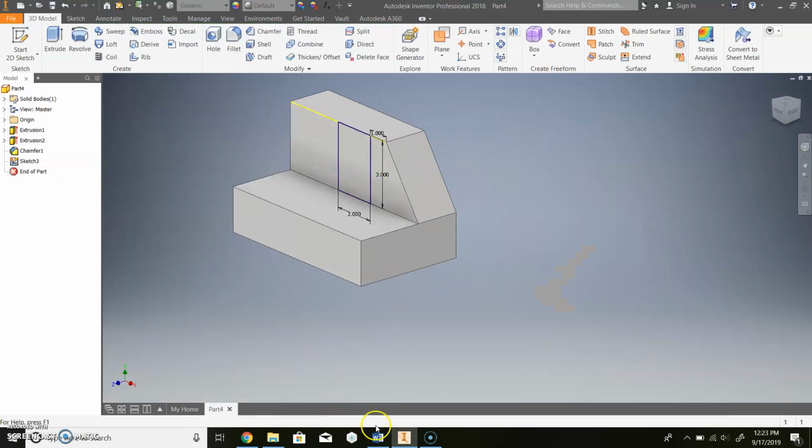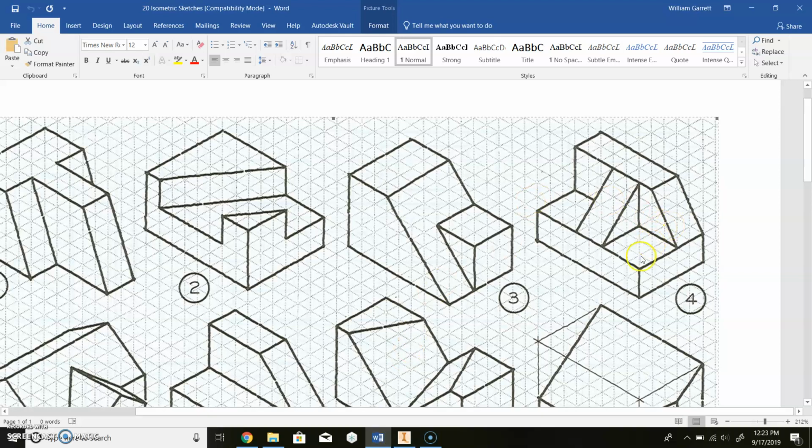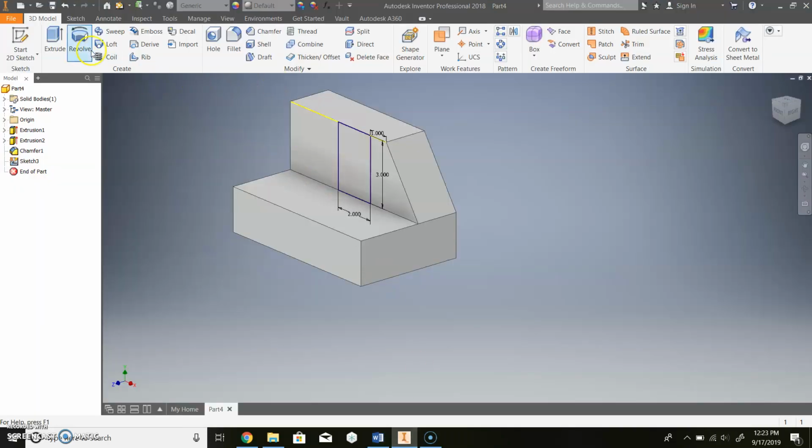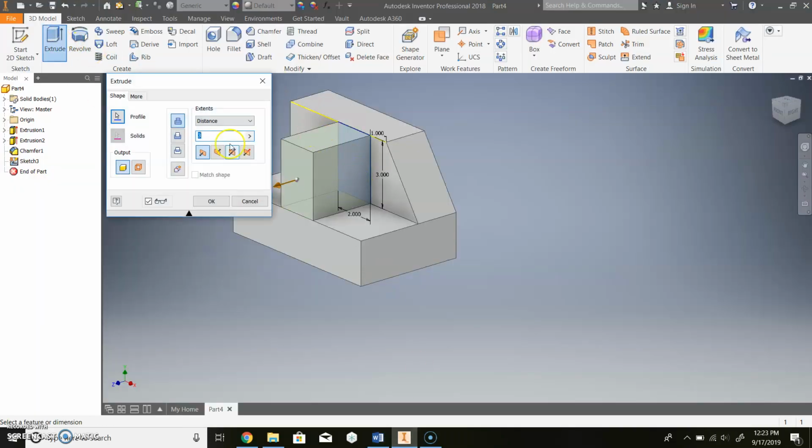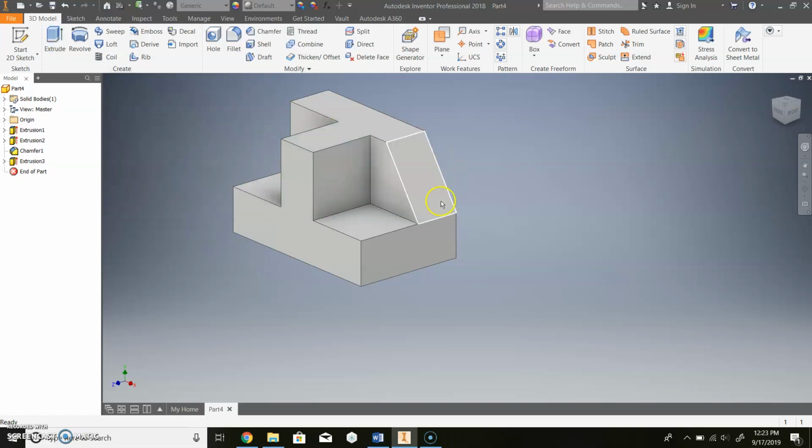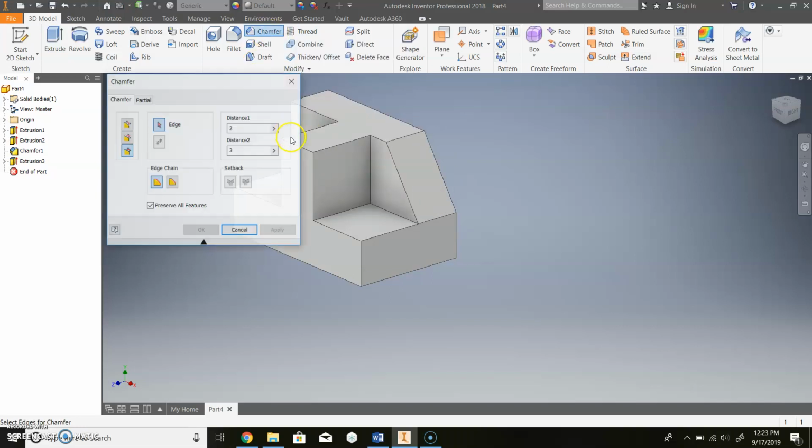And now I want to extrude it out. How far out does it go? It goes all the way to the edge, which is 1, 2, and 3. So I need to extrude it out a distance of 3. So again, I'm going to hit extrude. It automatically selects the shape, otherwise you have to click in the shape, and it was 3 for last distance, so it remembers that, otherwise we'd have to type in that 3. Then we hit OK. Now I'm going to use the same tool as earlier, the chamfer tool,